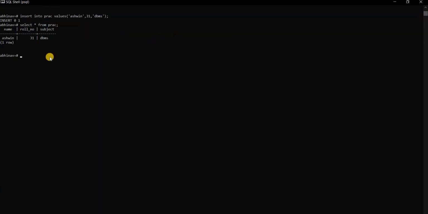Now we are done with this insert part. Now we are going to insert more values in it, like insert into prac.